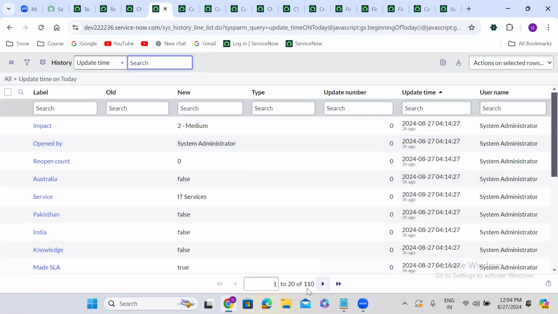So yesterday I made 110 changes. Okay. You understand, right? Without tables, no ServiceNow. If you already have SQL knowledge,